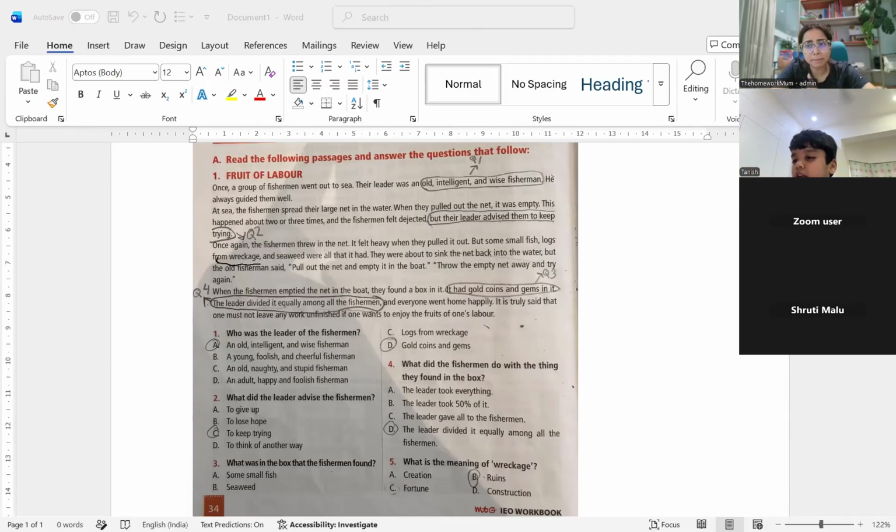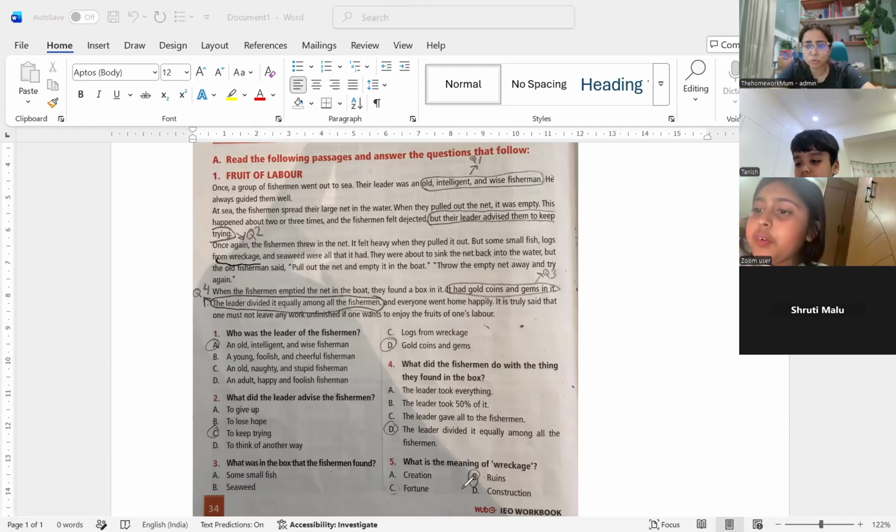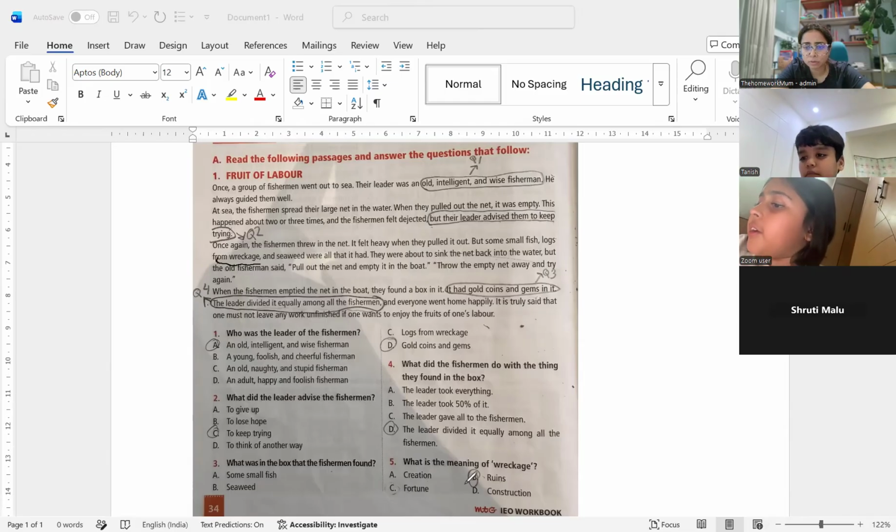Now imagine that I don't know the meaning of wreckage. Now Mirka, do you know the meaning of wreckage? I didn't know it, but now I know. But suppose you don't know. There are four options. Can you read them out? Creation, fortune, ruins, construction. Now, as I told you how to identify, there will be three words which are positive,